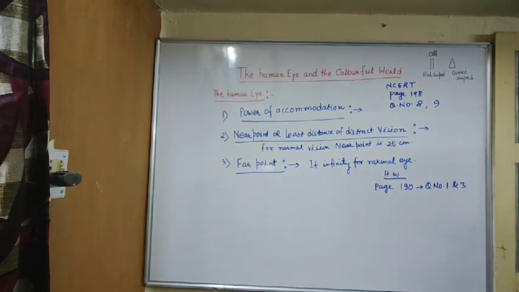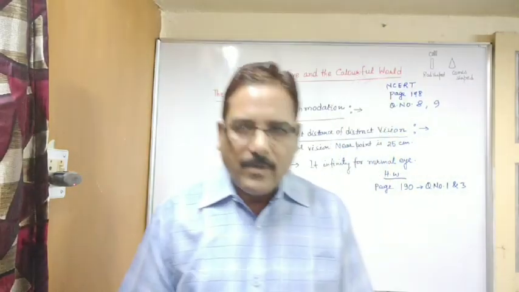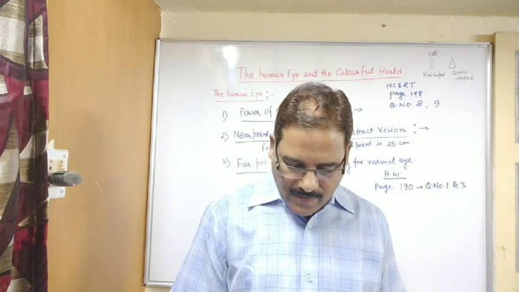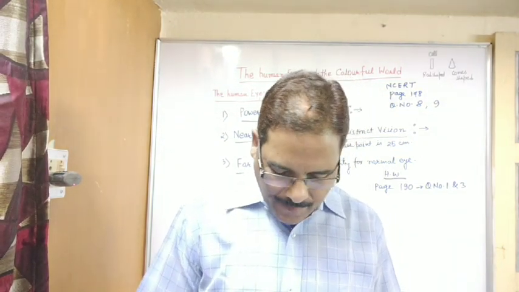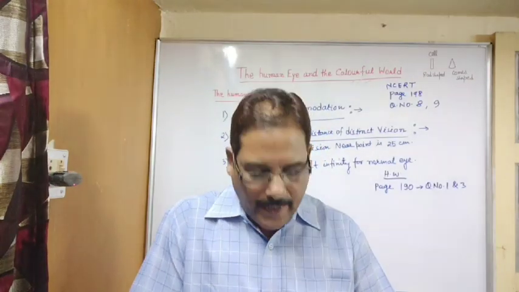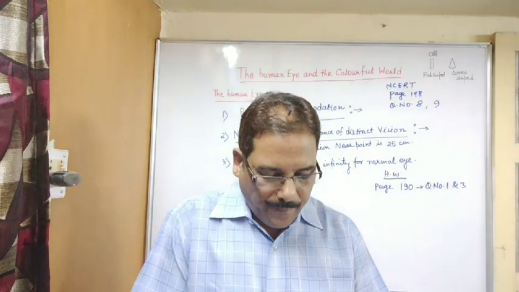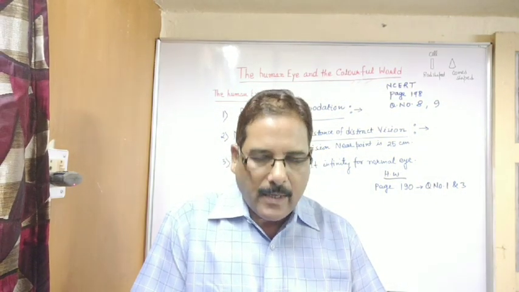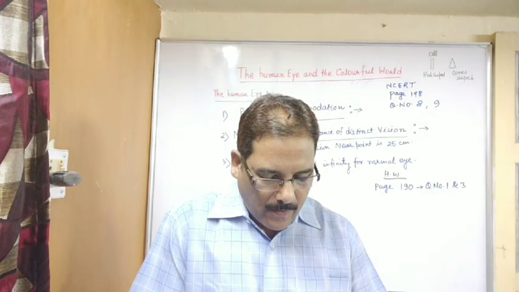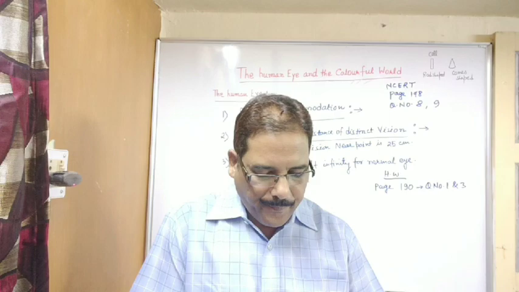Now children, so far I remember, we have not discussed the objective questions of chapter 1. So let us discuss it on page 185. First question is, which one of the following materials cannot be used to make a lens? The options are water, glass, plastic and clay.